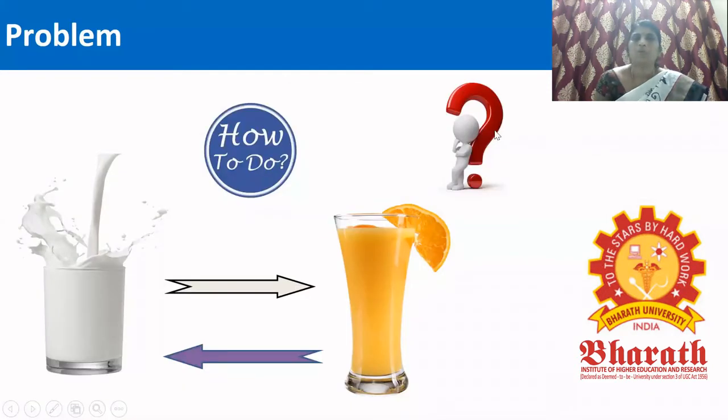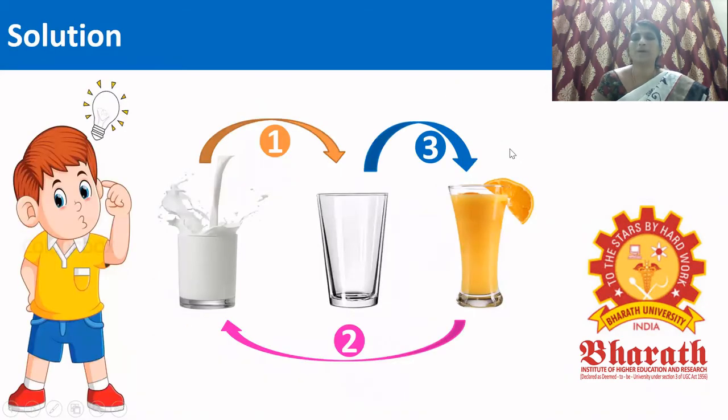So when there is a problem, how do we solve it? Say for example, when I want to transfer two liquids, as shown, there is a problem for us. So we need a solution. I think everyone knows we need an extra glass to transfer the two liquids. So there was a problem and there we obtained a solution. Similarly, in all day-to-day life, we need solutions to problems.